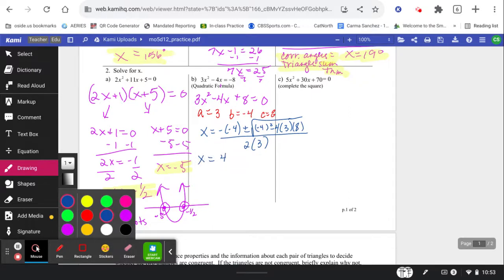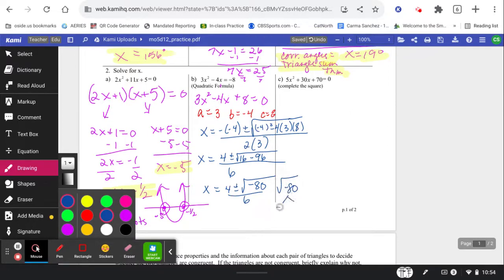Did you simplify the positive 4 on top and the 6 on the bottom? And then inside, did you get a 16? 4 times 3 is 12. 12 times 8 is a 96. How'd you do? So what is 16 minus 96? It's negative 80. Remember that whatever we get under that radical, we go off to the side and we say